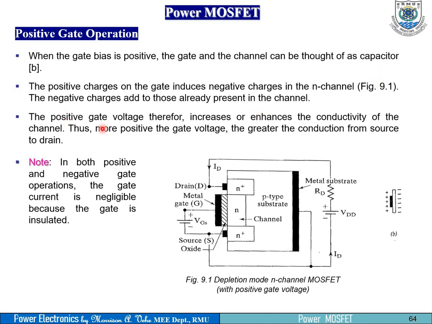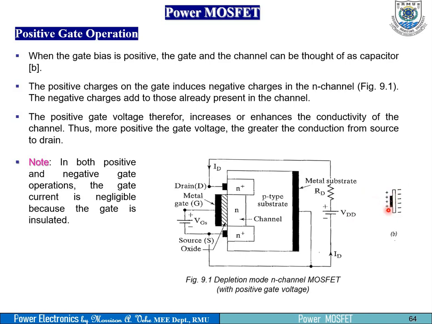They're saying that the positive charges on the gate induce negative charges in the N channel, as we have in the figure, so that the negative charges add to those already present in the channel. By making this connection with the presence of the oxide layer, what we have established is a capacitor. What did you put on the gate? A positive potential, so positive charges collect on the gate contact, and you have an oxide layer which separates the gate